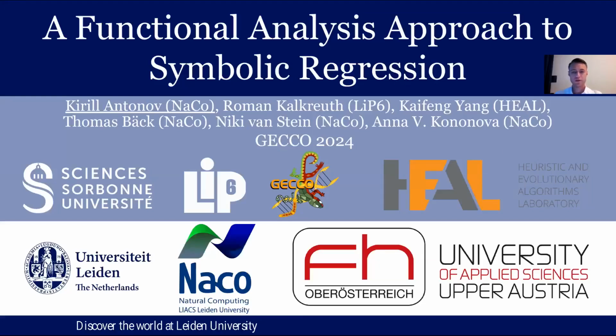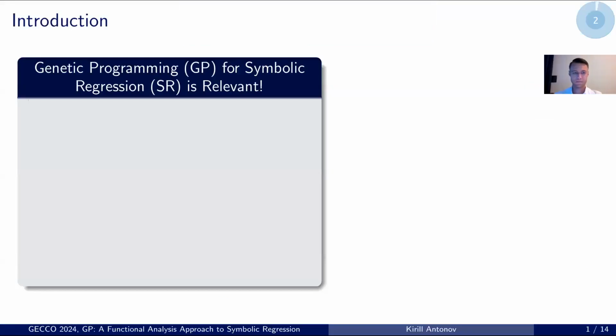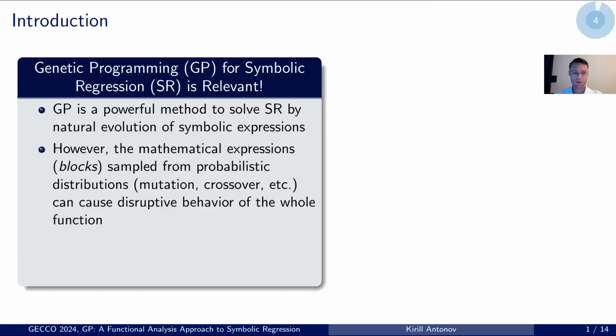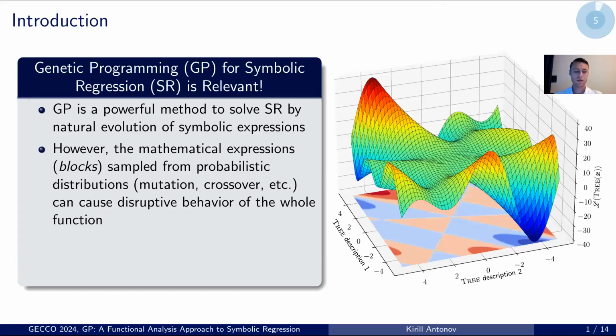I present a functional analysis approach to symbolic regression. It is relevant to apply genetic programming for symbolic regression. GP is a powerful method to solve symbolic regression by natural evolution of symbolic expressions. However, when new mathematical expressions are sampled from the probabilistic distribution, that can cause disruptive behavior of the whole